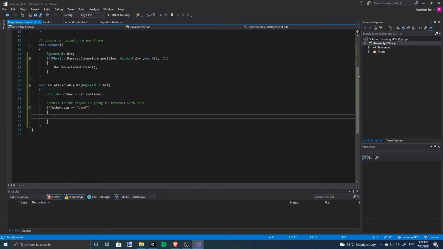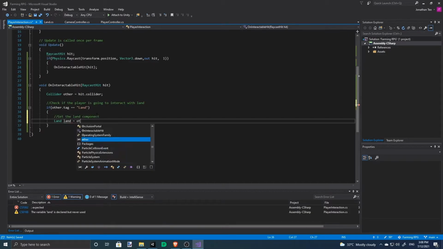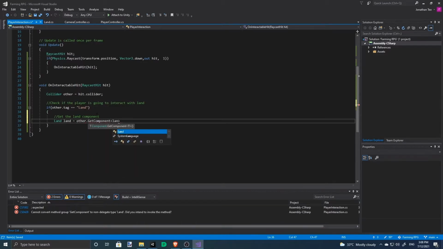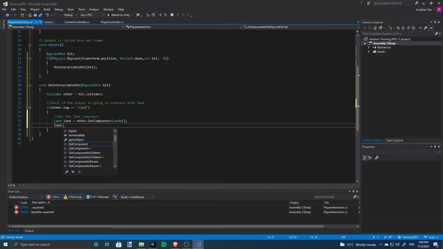Now over here, so now if the player is standing over the land, let's get its land component. Other dot component. So now that we have our land game object, our land component, we can land.select.